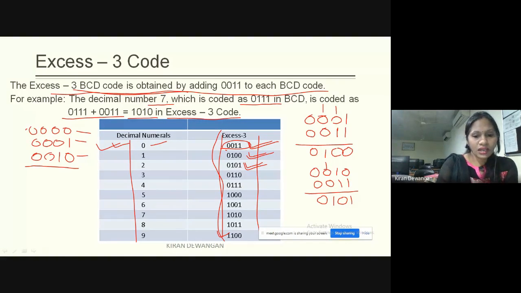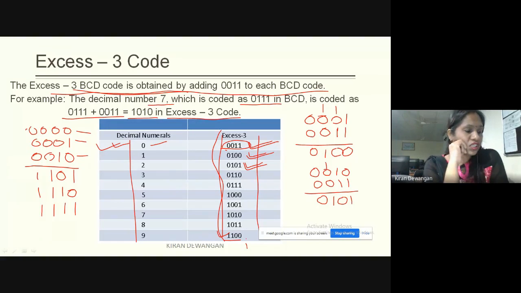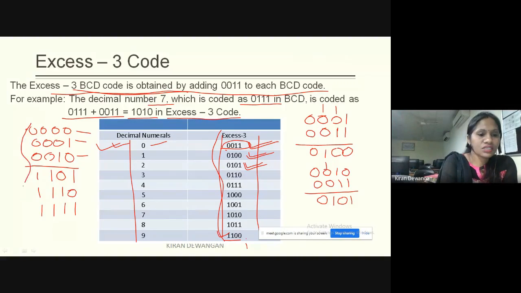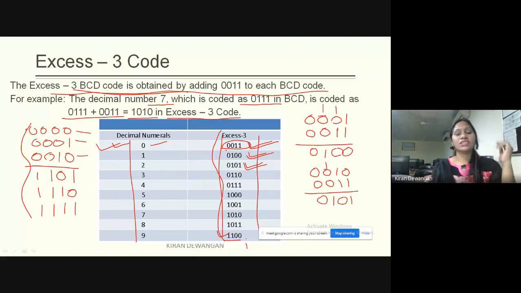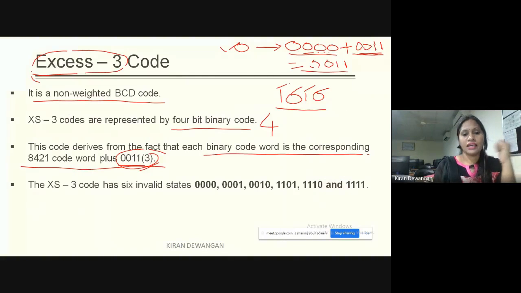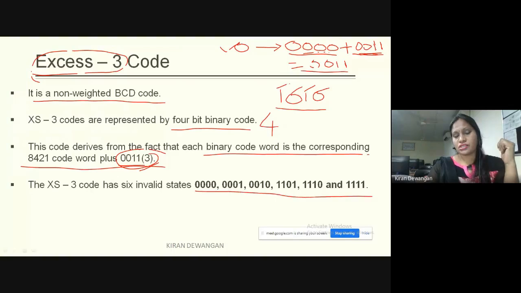So these are the starting 3 combinations. Then we have the lower combinations, that is the higher values: 1101, 1110, and then 1111. Clear? So these are the 6 combinations which are the illegal combinations.